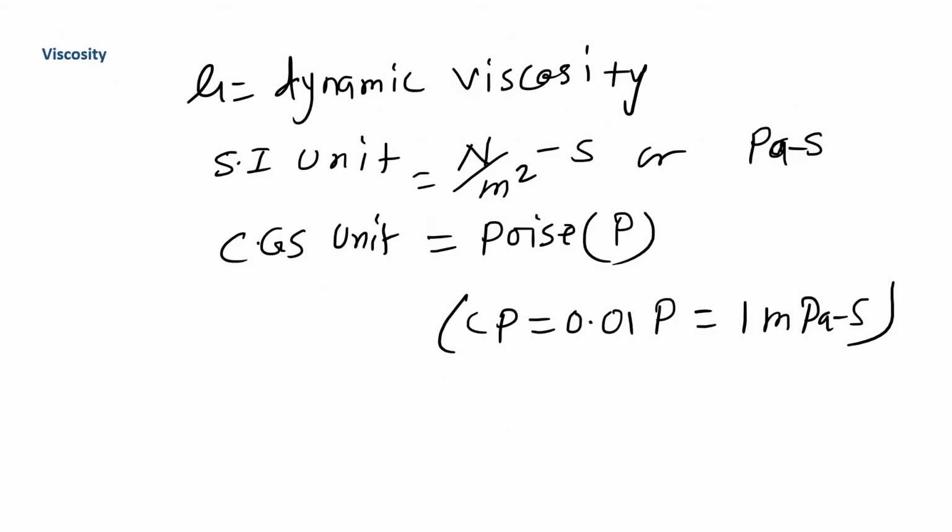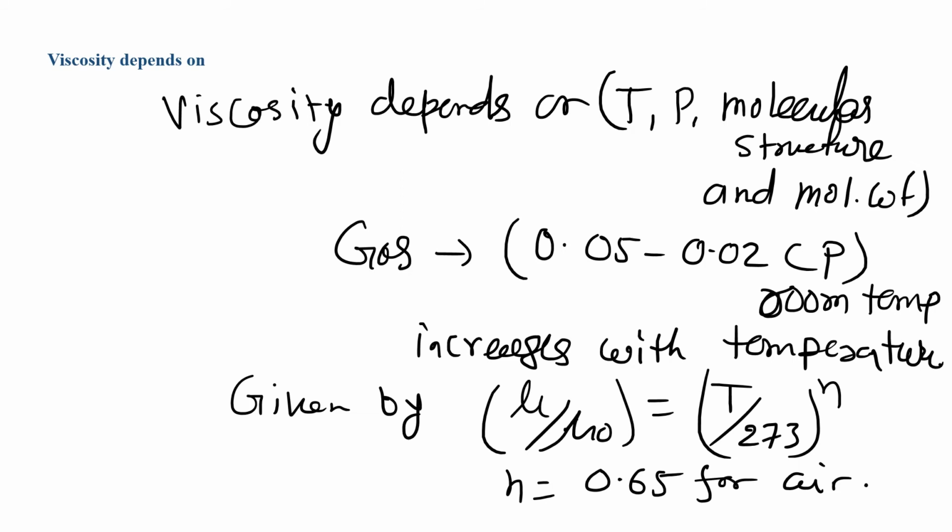Dynamic viscosity has SI unit Pascal second and CGS unit Poise, which is denoted by capital P, and 1 centipoise is equal to 0.01 poise or 1 millipascal second. We had discussed this in a previous class. We had also discussed that viscosity depends on temperature, pressure, molecular structure and molecular weight. We had also discussed some correlations